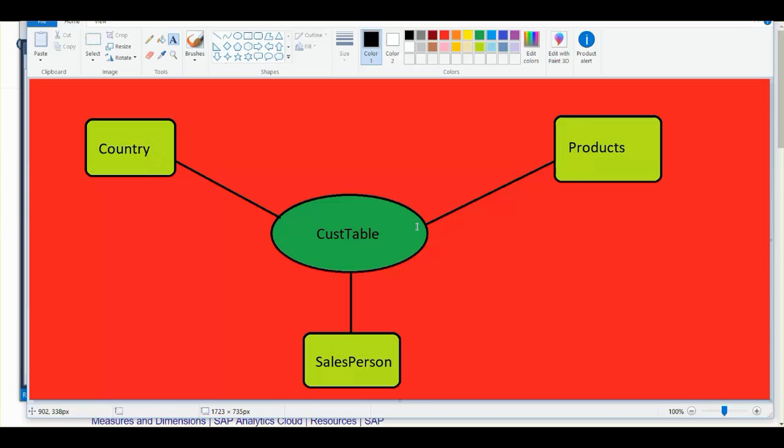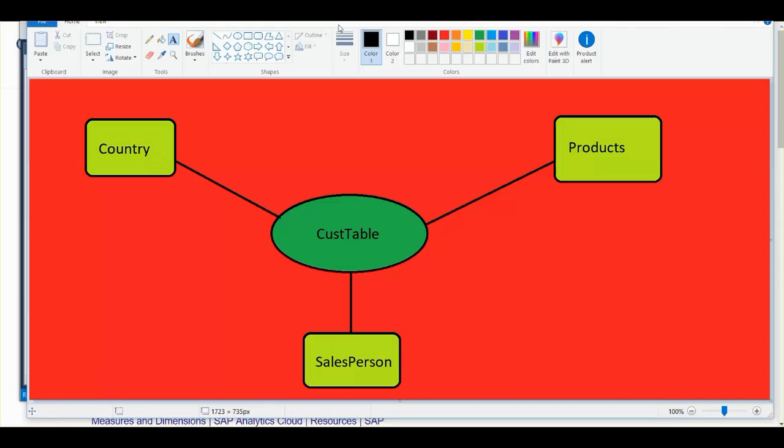So just visually, when you have something in the center and there are branches going around it, it won't actually look like a star, but that is called a star schema. Now, there are two types of schemas that we need to study about: the star schema and the snowflake schema. Now, currently what you're looking at is a star schema.